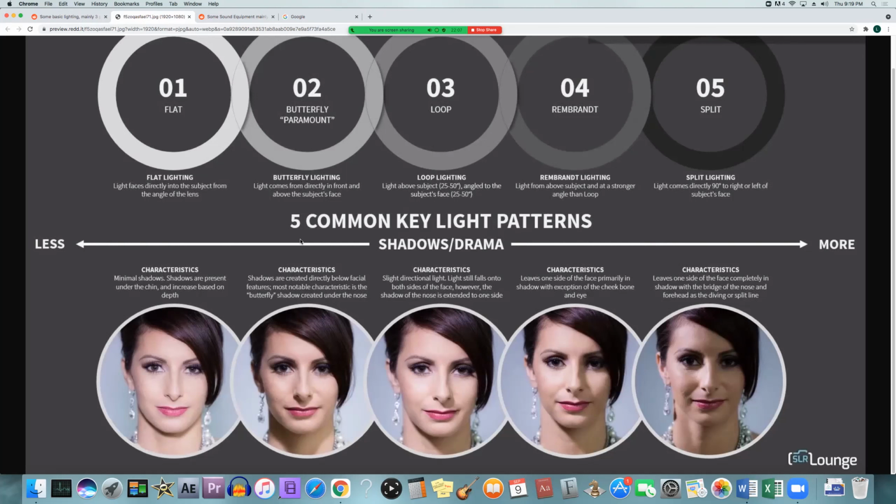And then they have Rembrandt lighting, light from above the subject and at a stronger angle than the loop. Leaves one side of the face primarily in shadow, except for that cheekbone and the eye. So we heard about this from, I think Brian and Jorge brought it up last semester, Rembrandt lighting. We're going to look into more of that later on in the semester, but it's the one where you have